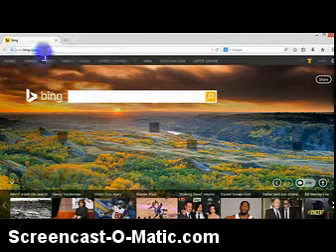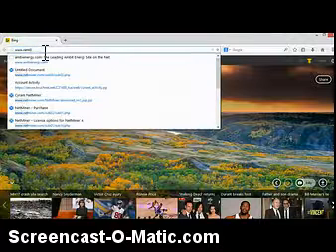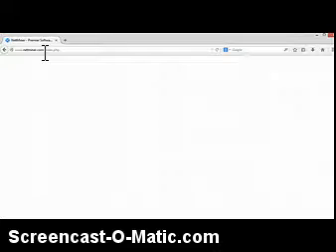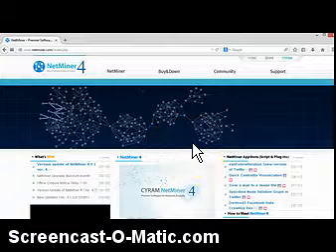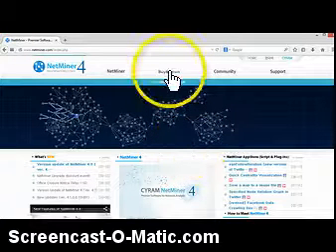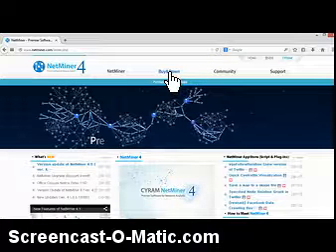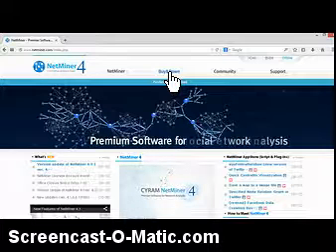So in order to get to NetMiner, we just go to their website, netminer.com. And as you can see, they do have a buy option, but fortunately it is available for students and for teachers. Students can get a free version that they can use with their course,